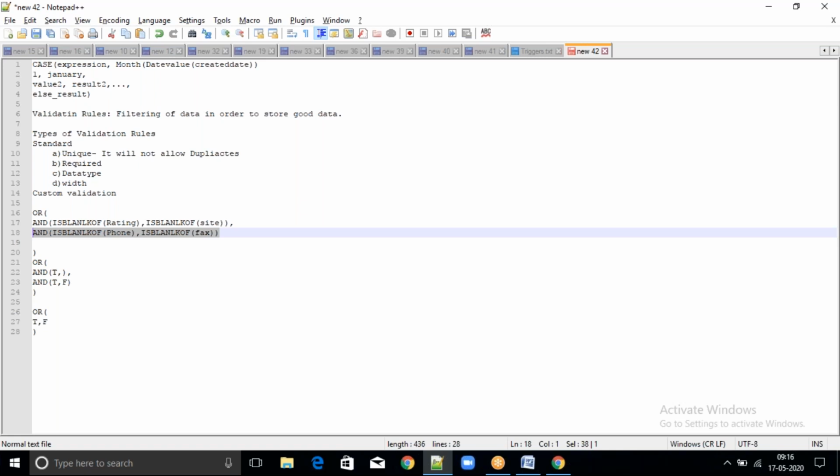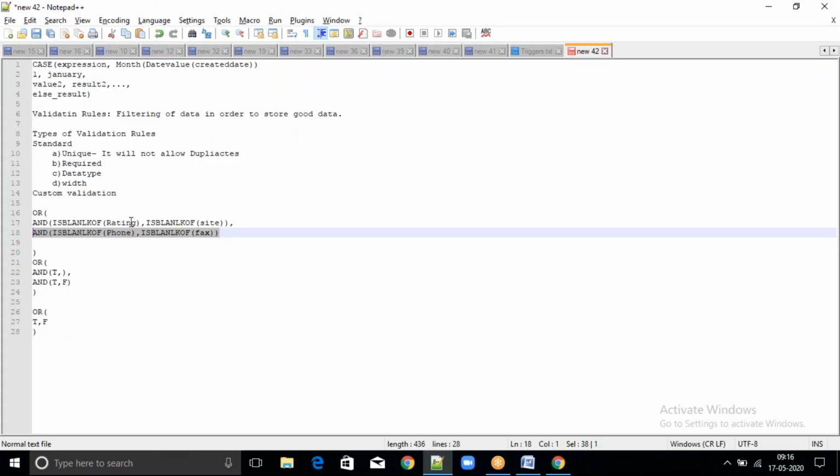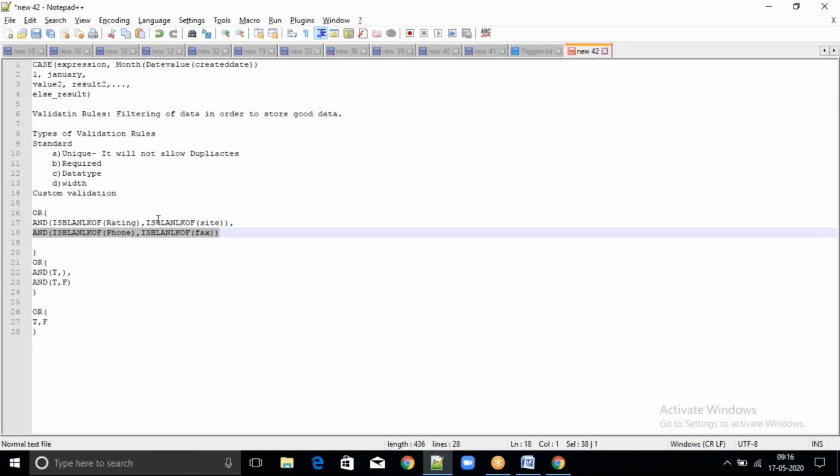Are you getting? So now I have entered rating and I have entered site, but I didn't enter phone and fax. Then this condition will become false and second condition will become true, right? It means if these two fields we left it blank, then I want to throw an error.